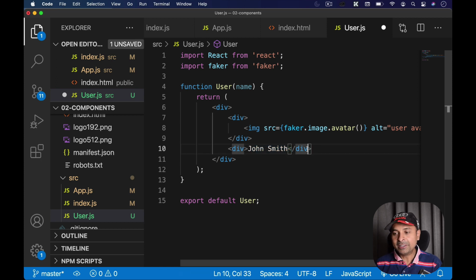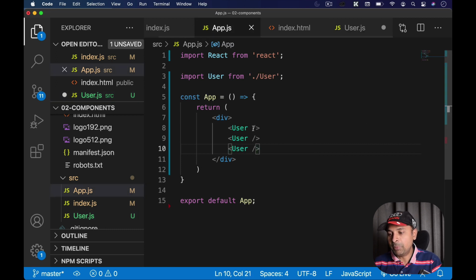You can imagine, so you can create different users with different names and different images. So the next step we need to do is configure our component. The first step, we know how to create a component in React. Next step is how to configure that component so that I can pass that name and that image as something like this. And we are going to see that in the next part of this video.